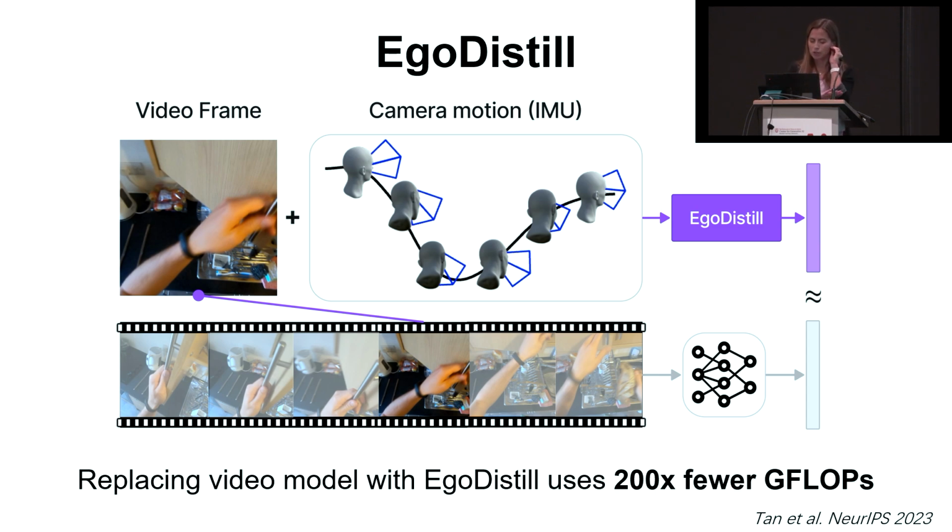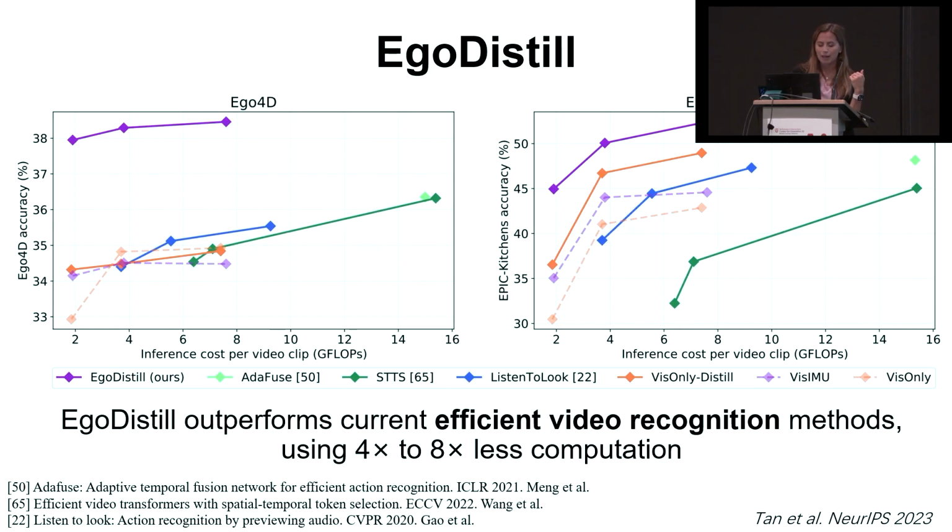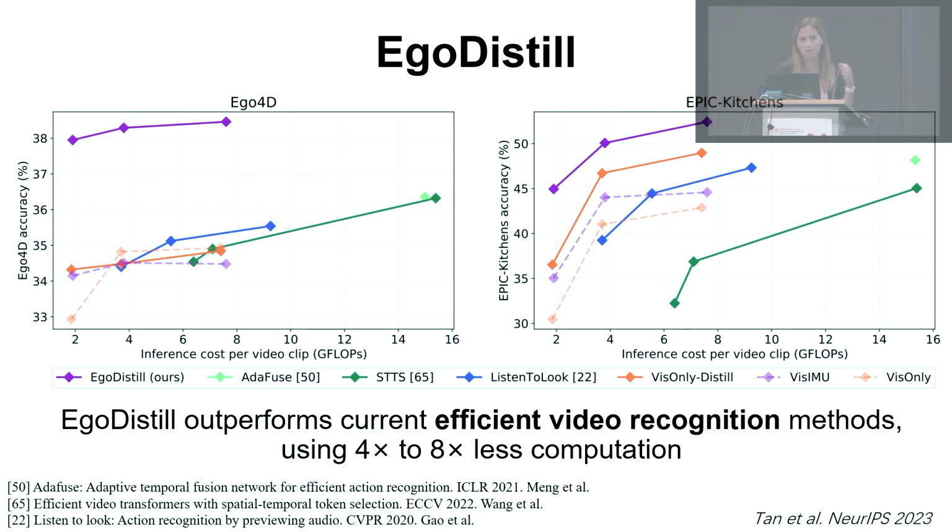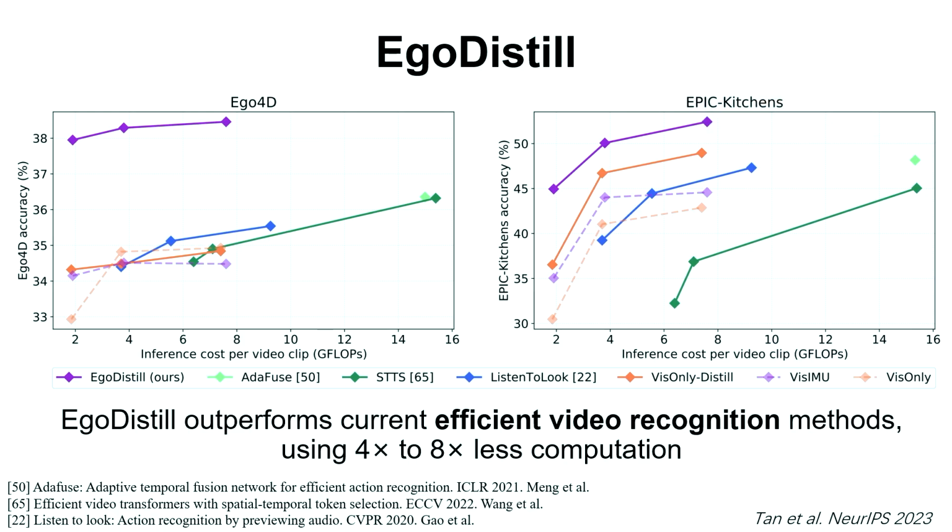Okay, so during training, you've extracted all the heavy features from all the training videos, and now you learn how to approximate them using just that simpler input. And just doing that means you'll use 200 times less GFLOPs. And furthermore, that's compared to the original more expensive representation. Even if we hold this idea up to the best efficient video recognition methods that try to do other things using less frames and be smart about the computation,